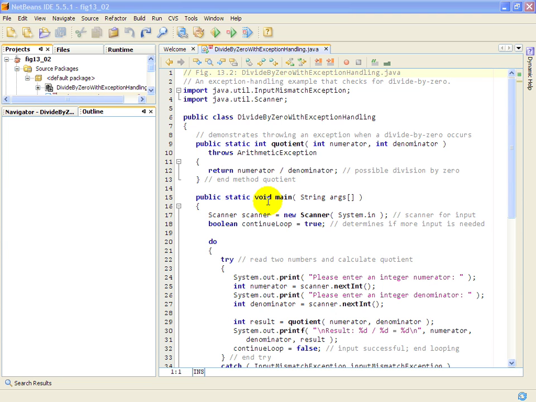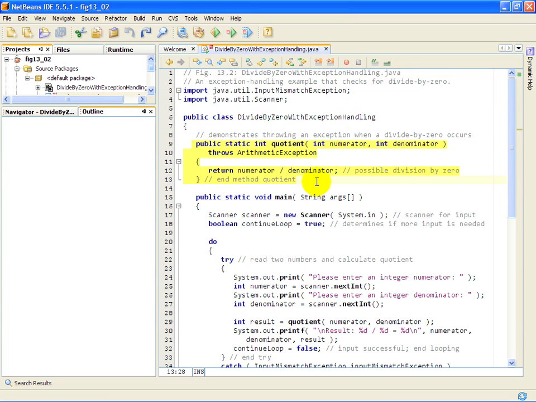So as we take a look at this example, we want to first show you the syntax that we've added for exception handling, and then we want to talk about the flow of control both for valid executions and for cases where exceptions occur, so that you can understand how the flow of control works in the so-called exception handling mechanism. Now, as we take a look at our class DivideByZeroWithExceptionHandling, you'll see that we